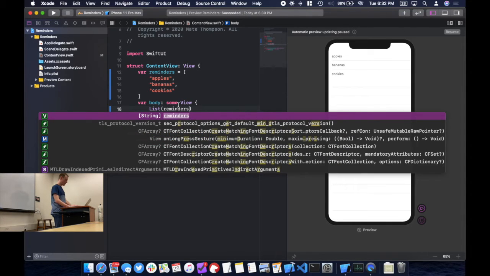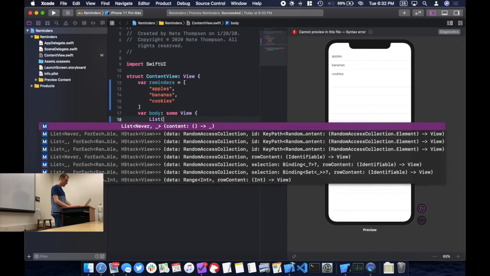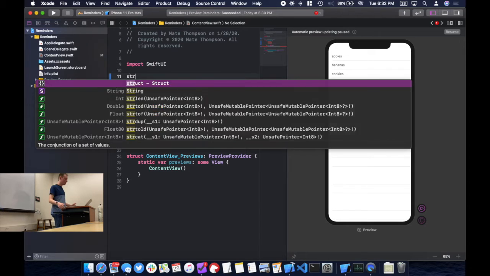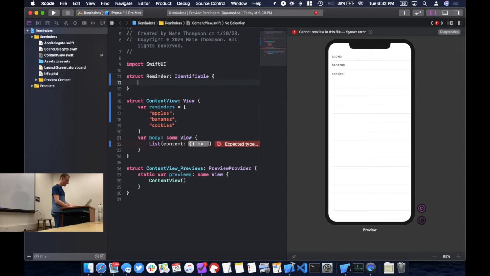So that's nice. We have an array of strings, but unfortunately, the way SwiftUI works, we can't just do reminders in here. What it needs, you can see in the initializer, is content. It doesn't say, but whatever goes in content here has to conform to the protocol Identifiable, and basically it needs to be able to identify each of the entries in the array. So what we can do is make another struct up here real quick